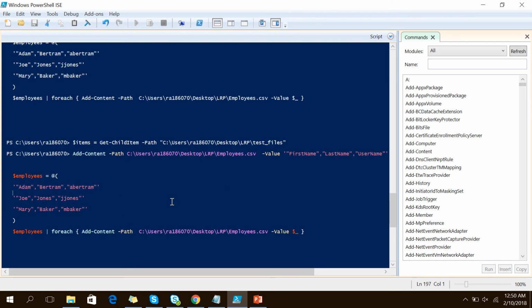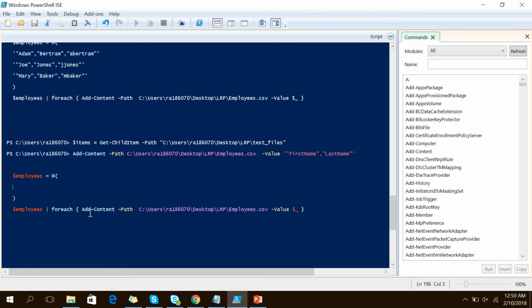Then how can I manipulate this piece of code? As I have only two values, one before the underscore and the second after the underscore, I have to delete the last column. The before-underscore value should go into the first name, and the after-underscore value should be in the last name. For this, remove these hard-coded values, and here write dollar